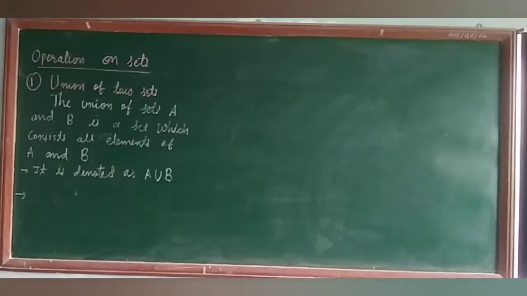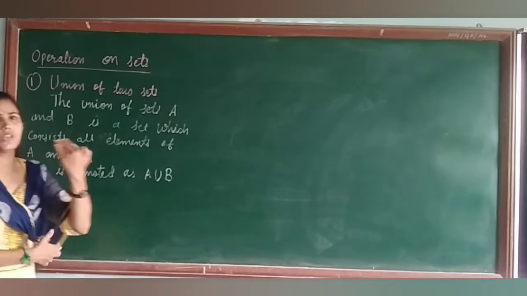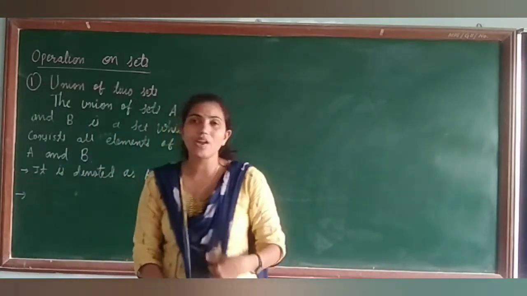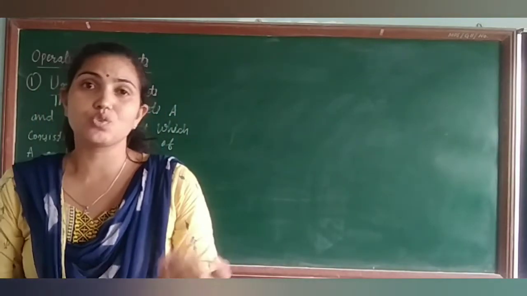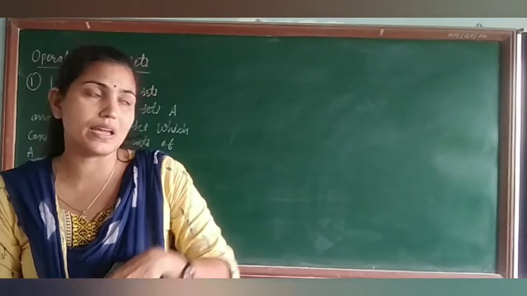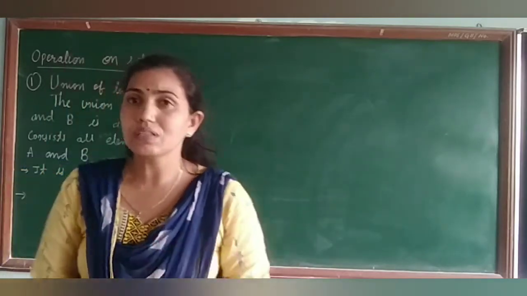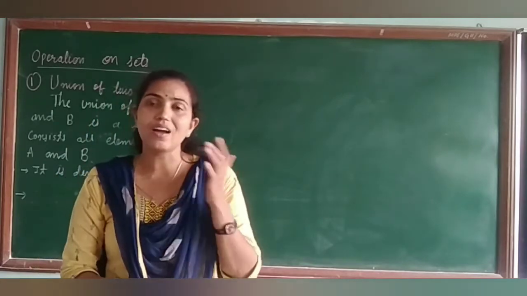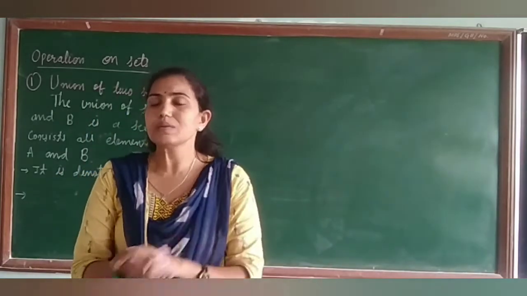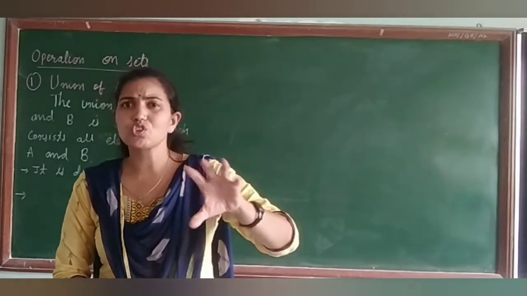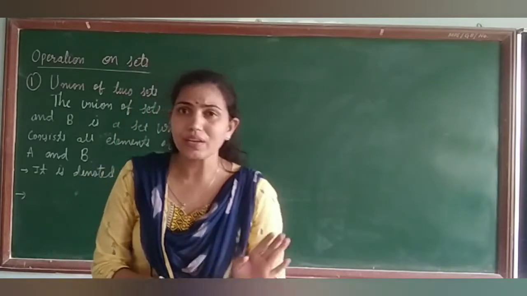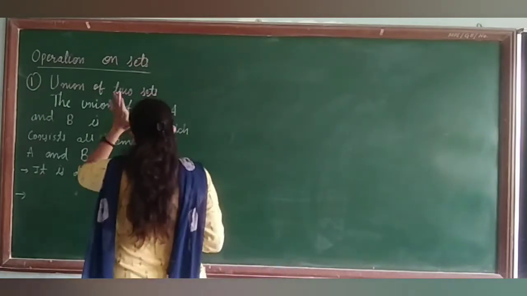So students, the next thing we are going to discuss is operation on the set. Now, union of the two sets. First let us talk about what operation means. When we are talking about the operation on numbers, it means that we apply addition, subtraction, multiplication, division. All these things are called the operation on the numbers. Similarly, when we are going to discuss the operation on the set, that means we do something like addition, subtraction on sets, like that only. Okay, so first I am going to define the union of two sets.